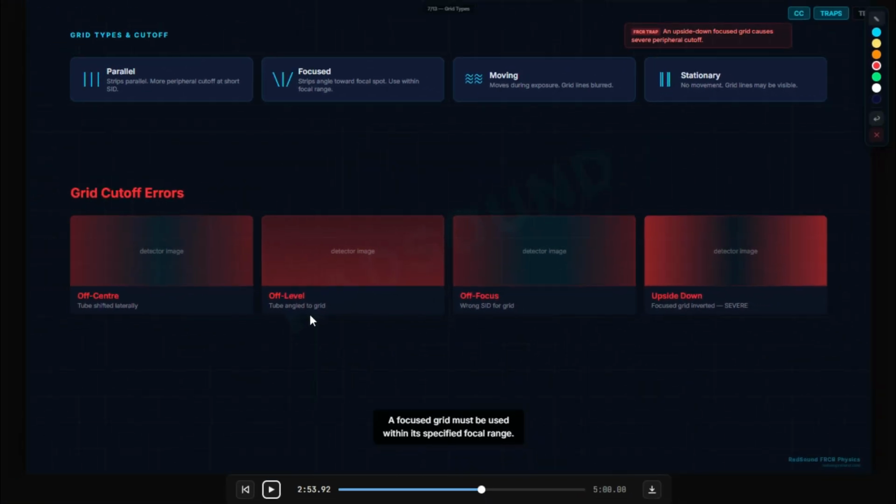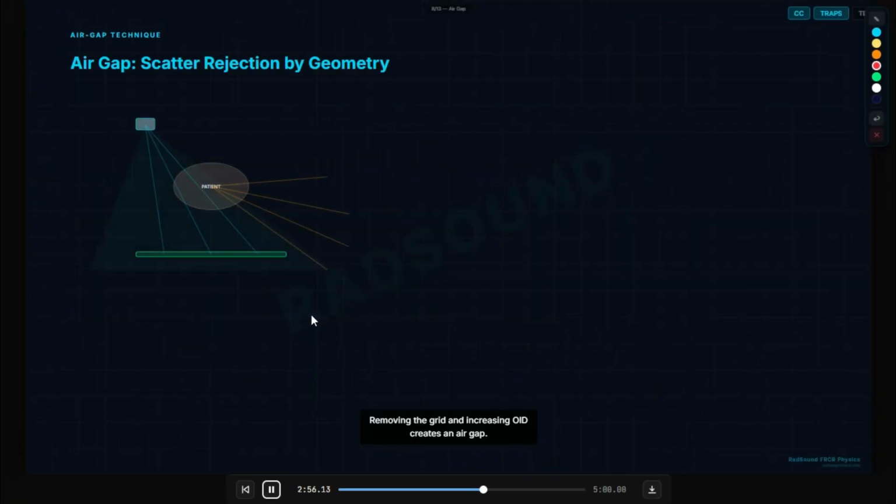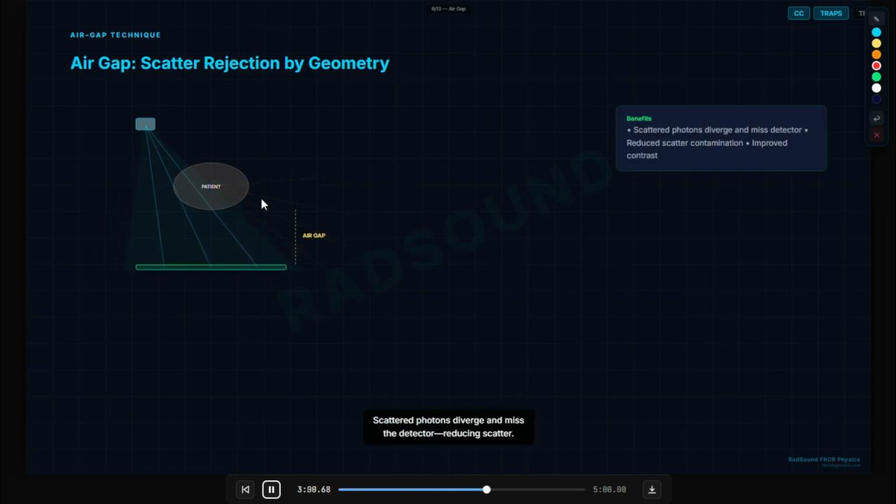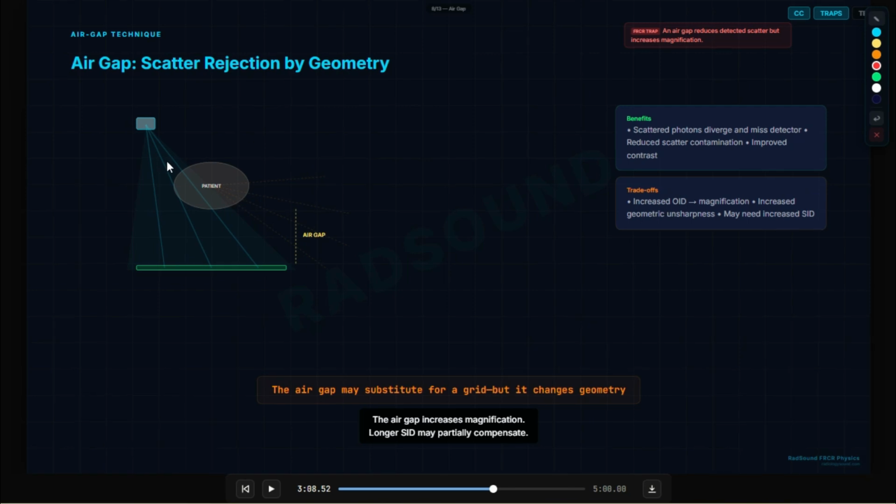To optimize the remnant beam reaching the detector and also decrease scatter, there is the air gap. With the air gap, the patient creates an object image distance, and you move the detector a bit away from the patient. Many scattered radiation photons now diverge and miss the detector entirely. In the end this will lead to reduction of scatter contamination and improved contrast. So the air gap